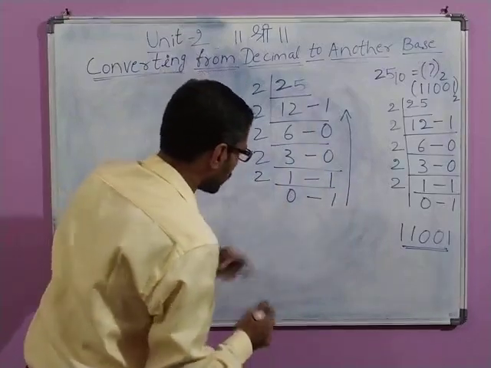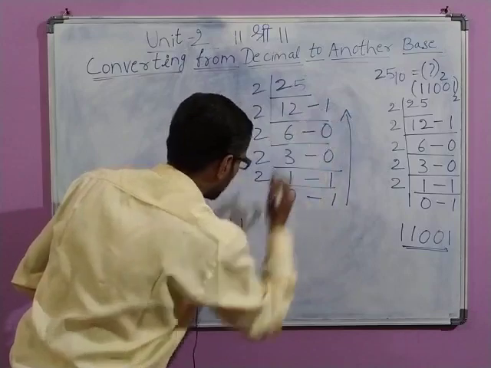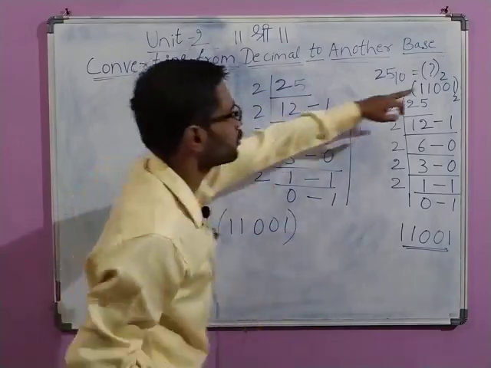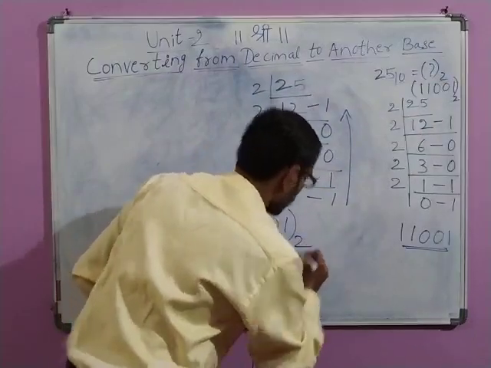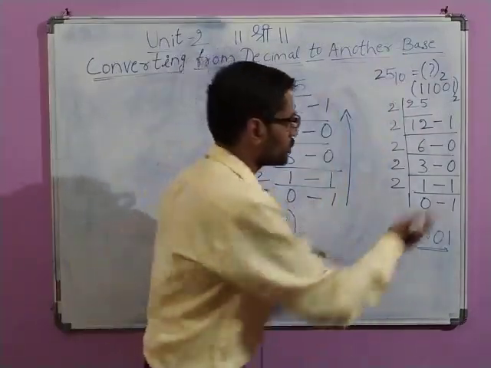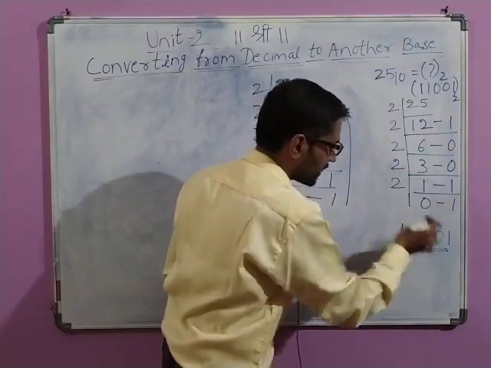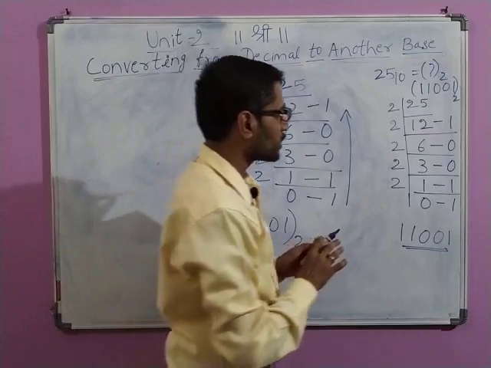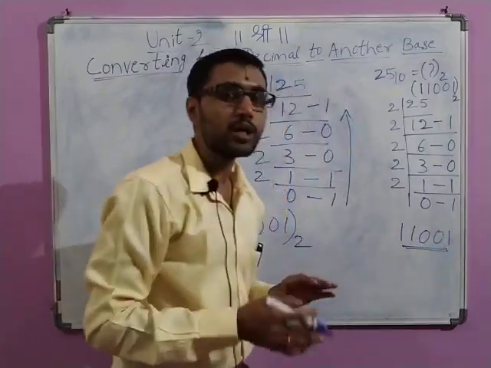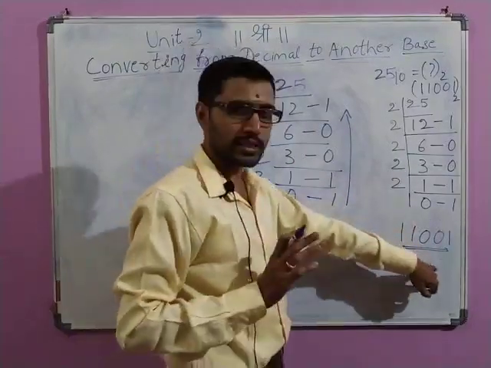So what is the first value? That is 1, and then you have 1 1 0 0 1 to the base. What is the new base? New base is 2. Okay, this is the textbook method that they have told. You just got this remainder 1, write it here, and then you get 0, write it here. But sometimes what happens is, when you are writing 1 and 0, if you write 0 after this one, then the entire value is going to be affected. You are going wrong in that case.